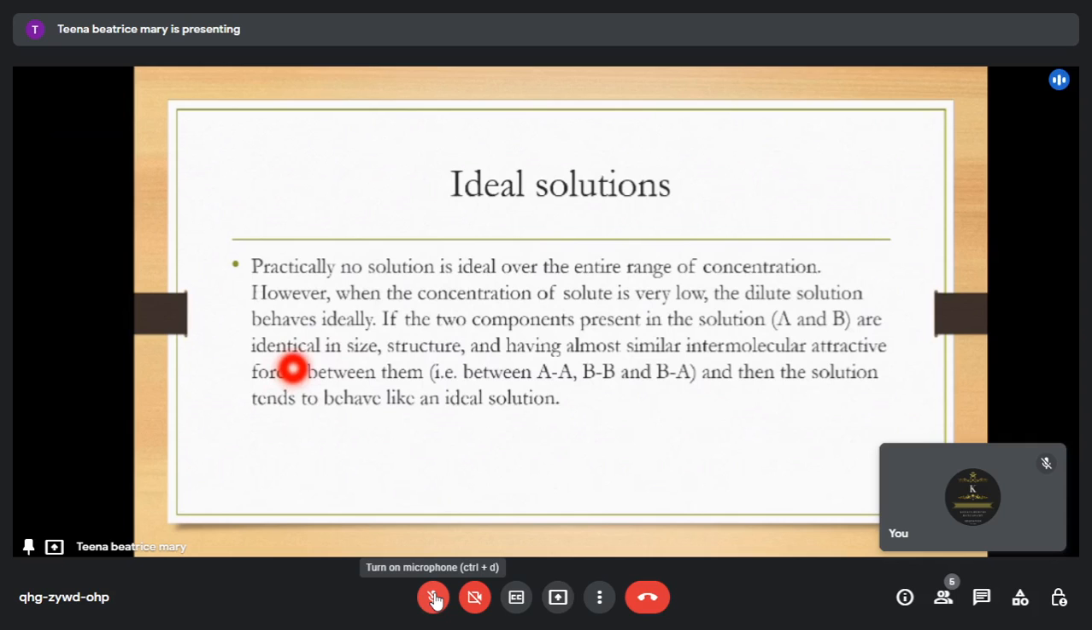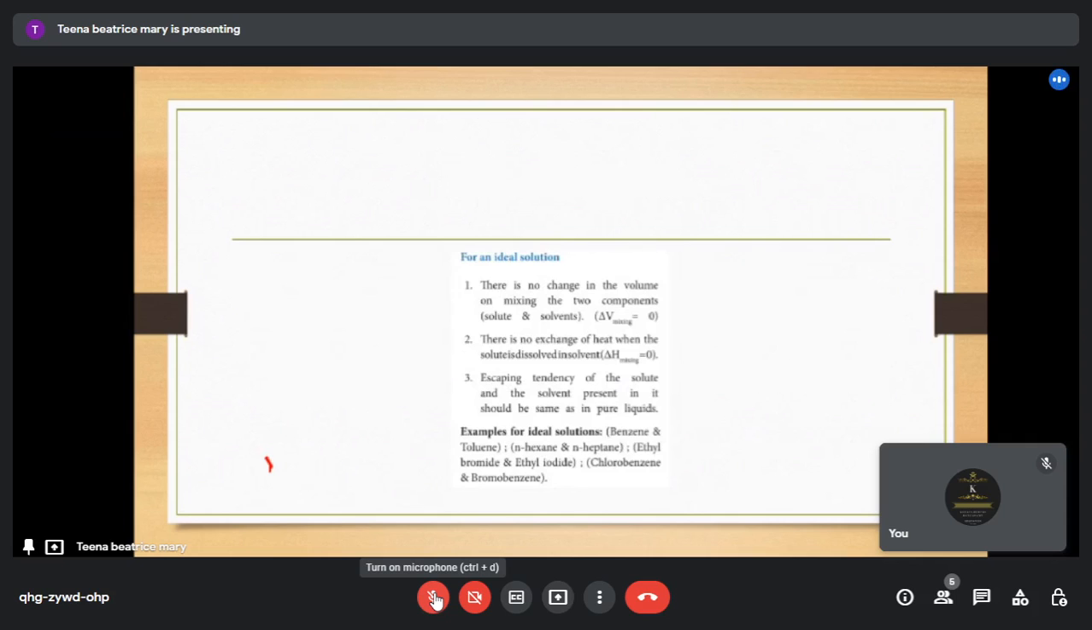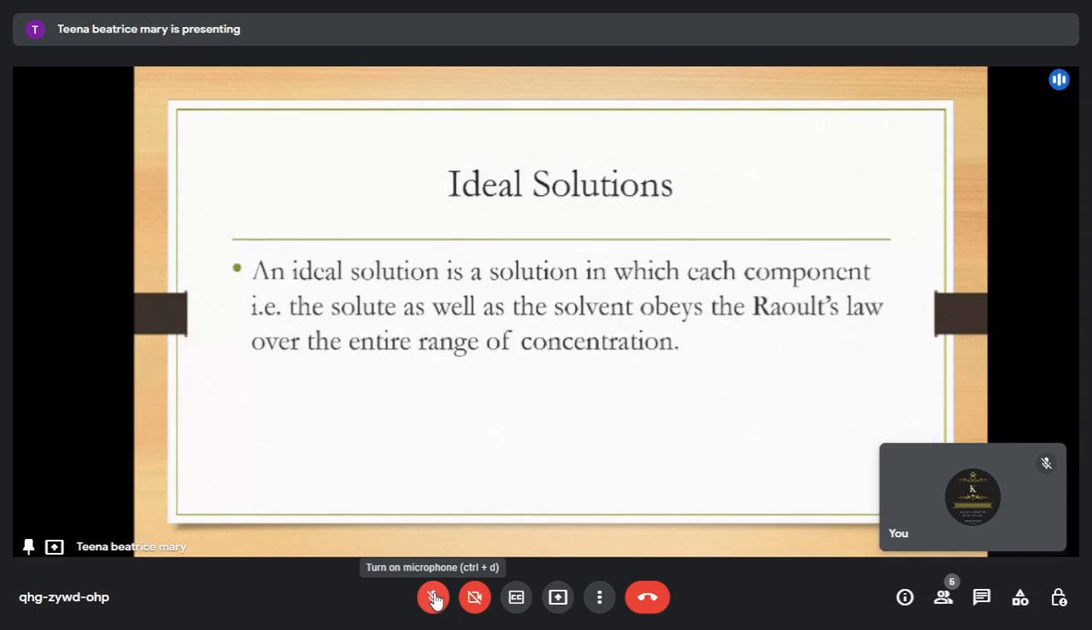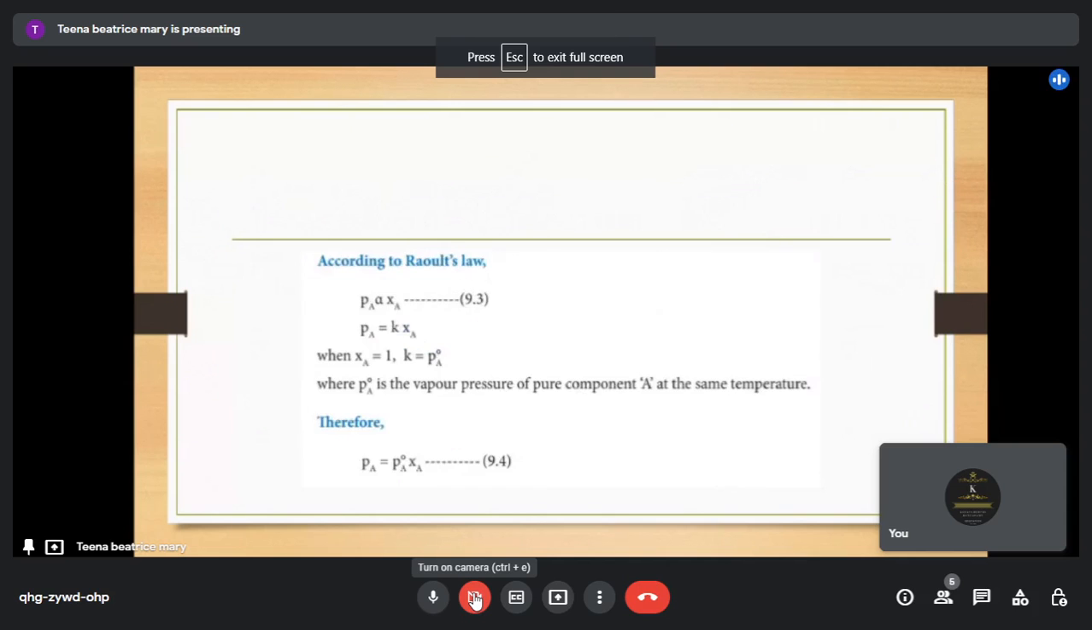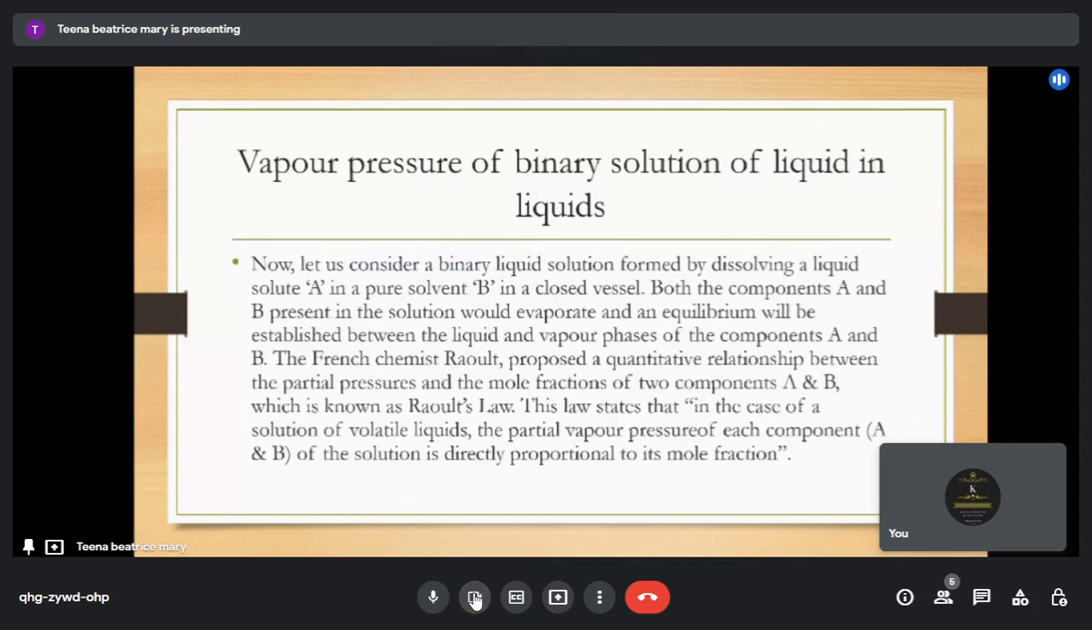So ideal solution is what we saw today. Next class we can see about non-ideal solution, like what we saw for sodium chloride and water, where the vapor pressure differs from the ideal solution and what happens then, we can see in the next class. So in today's class we saw about the vapor pressure of binary solutions of liquids in liquids and